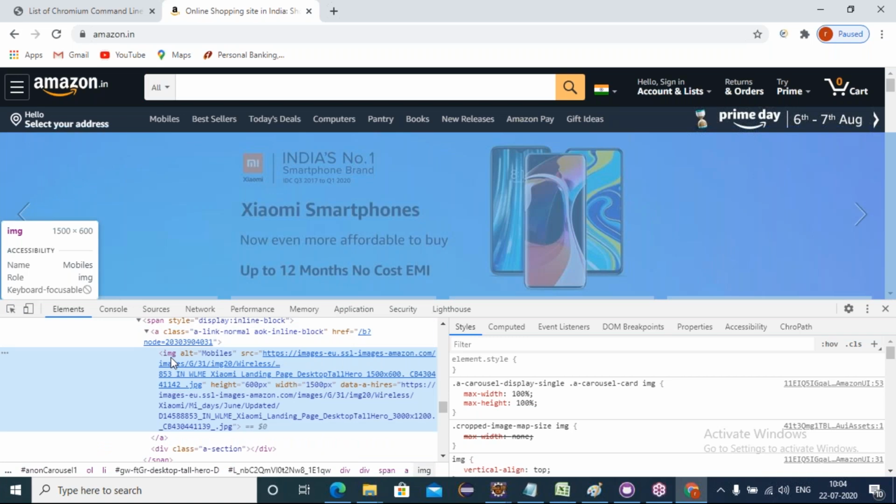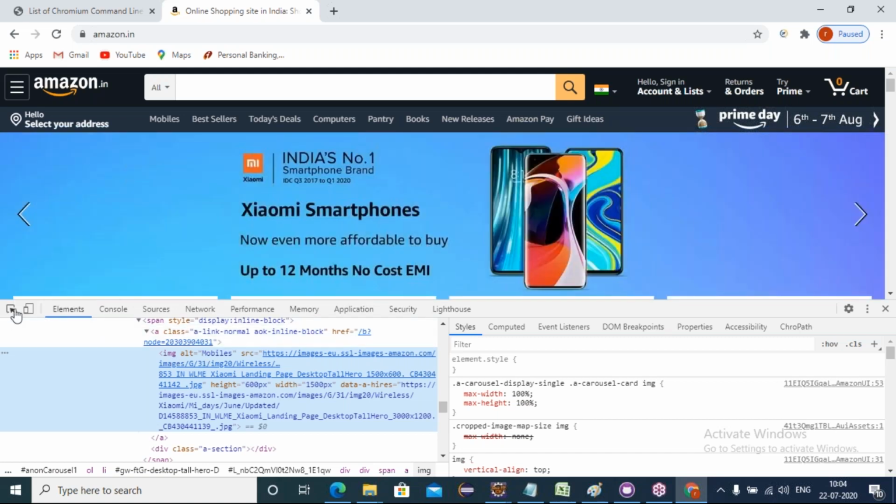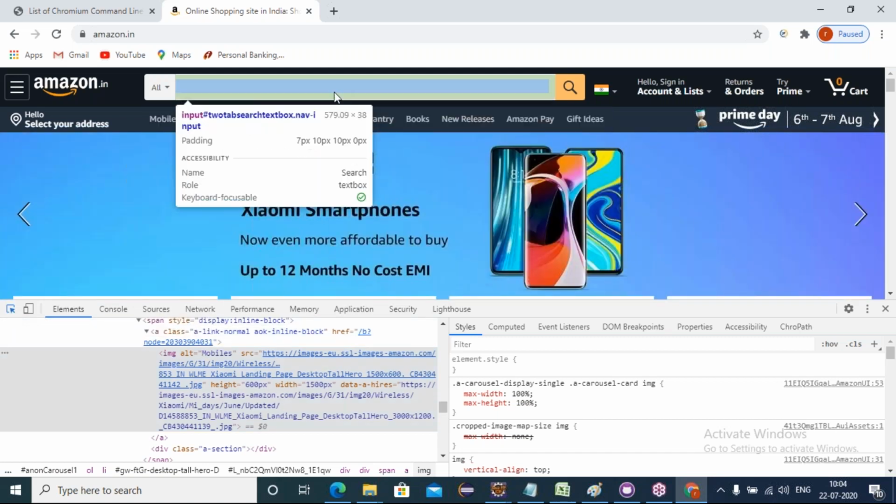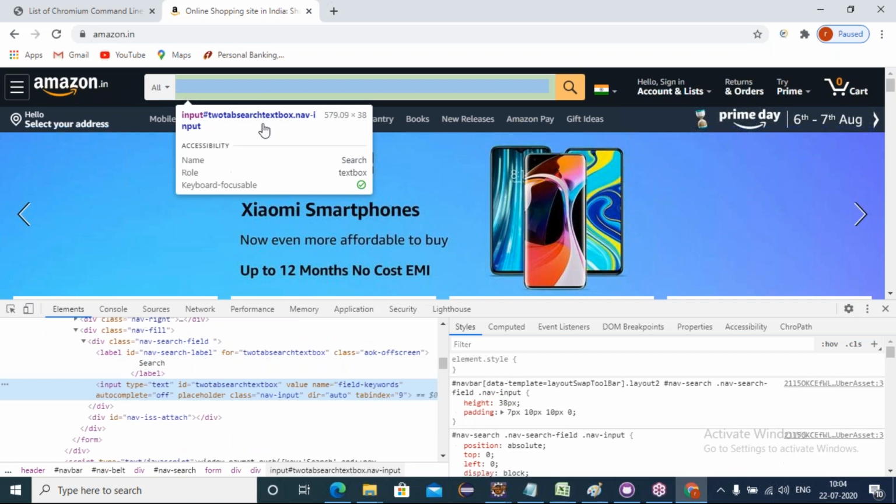So every web element starts with the HTML tag name, followed by its properties defined by the developers. If I spy this text box, the HTML tag name is input, followed by some properties defined by the developers.